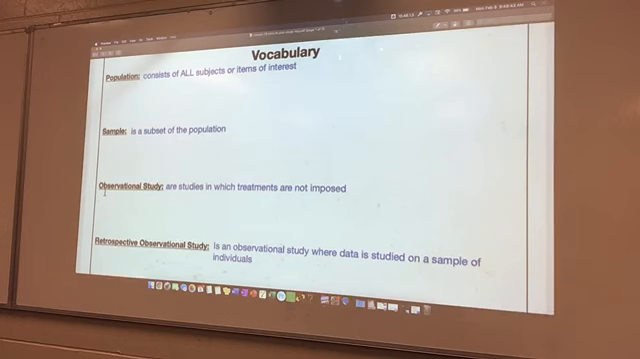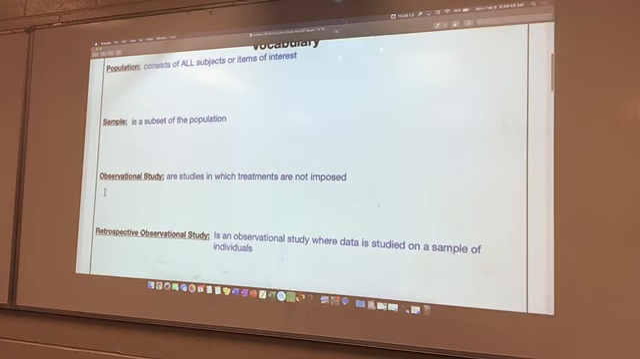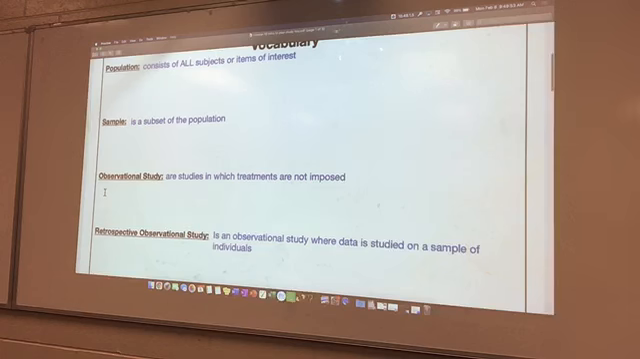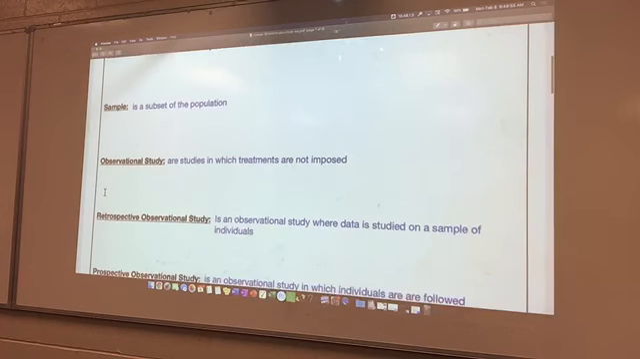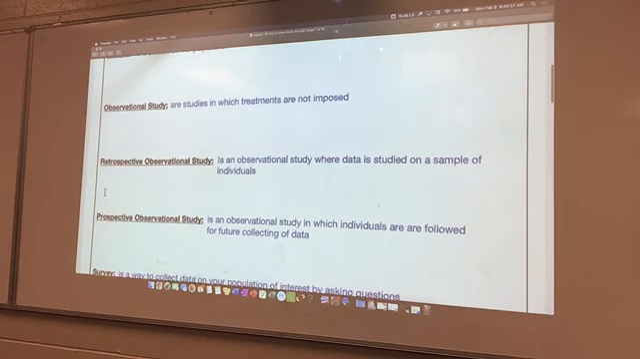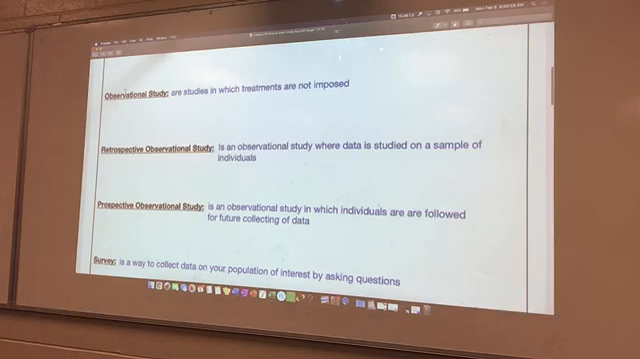You have a population, you should know that consists of all subjects or items of interest. And does it make sense that a sample is a subset of that population? Now, the different types of studies, that's these three below. So you have observational, and then you have retrospective and prospective. So with